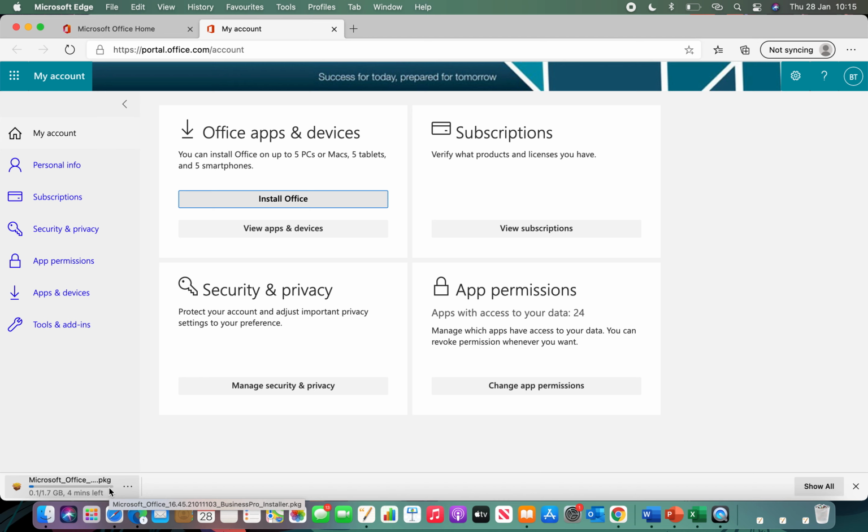If you are prompted to log in at any stage, it's just the same credentials that you've downloaded this from. So again, your child's account, and then that should install that on your computer and give them the license key to run Microsoft Office on your devices. So hopefully, if you use your child's credentials, that will help you download the full Microsoft package onto the computers